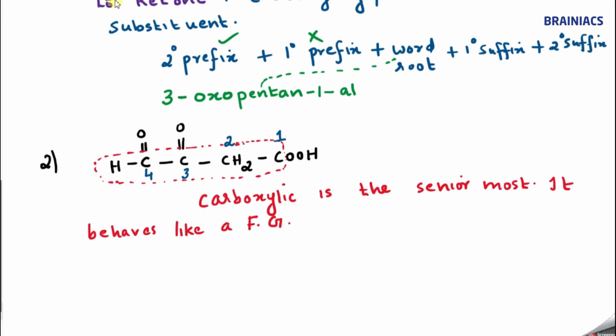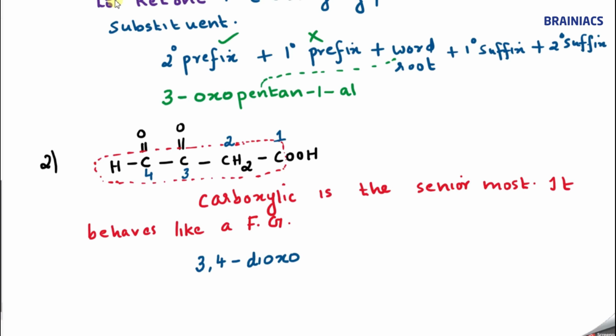So we know that 2 carbonyl groups are there. So C double bond O, C double bond O is there, correct? So how you can name this? I can say substituents are 2 carbonyl groups. So 3, comma 4. It should be in increasing order. Then hyphen, dioxo, di. Why di is coming? Because 2 are there. So dioxo. Then there is no 1 degree prefix applicable.